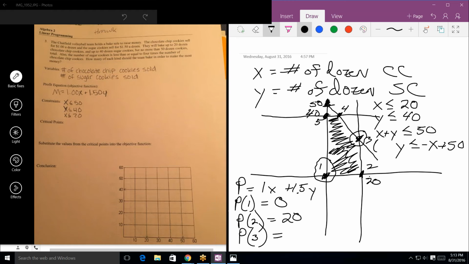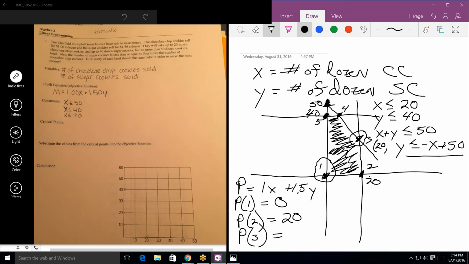We have a vertical line going through 20. So what's the x coordinate of that? It has to be 20. Yeah, the x coordinate all along this vertical line is 20, no matter where you're at on this vertical line over here. So the x coordinate is 20, and now, since that point is on that slanted line,